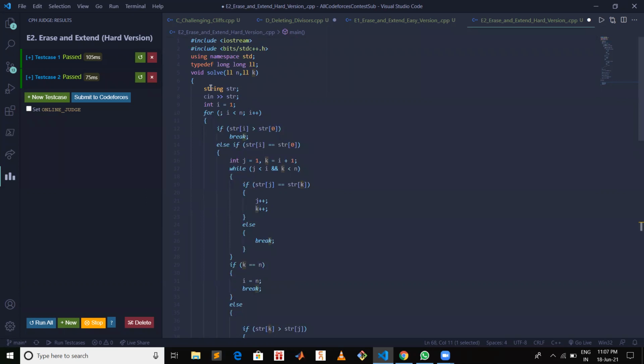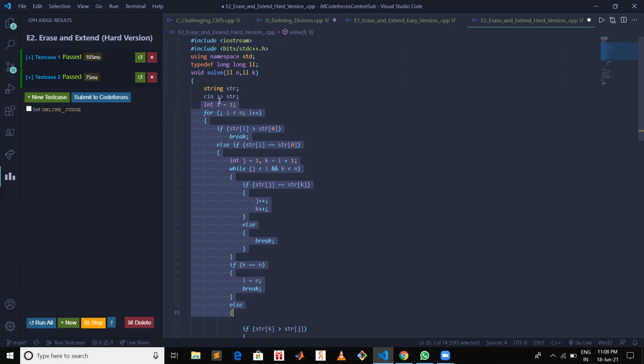I'm taking this input string, and the purpose of this first loop is basically to check if there is any position from where you can delete the rest of the string up to the end, so that the remaining part you can concatenate and get the smaller one.